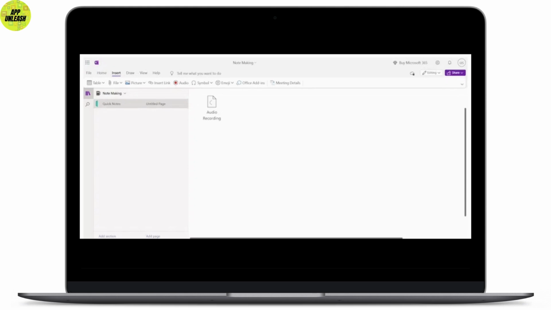When you use tags in your notes, you can quickly categorize and organize important points or action items. In Microsoft OneNote, you can apply tags to specific text or information, making it easier to locate relevant details later on. To use tags for note-taking in OneNote, start by selecting the text or content you want to tag, then